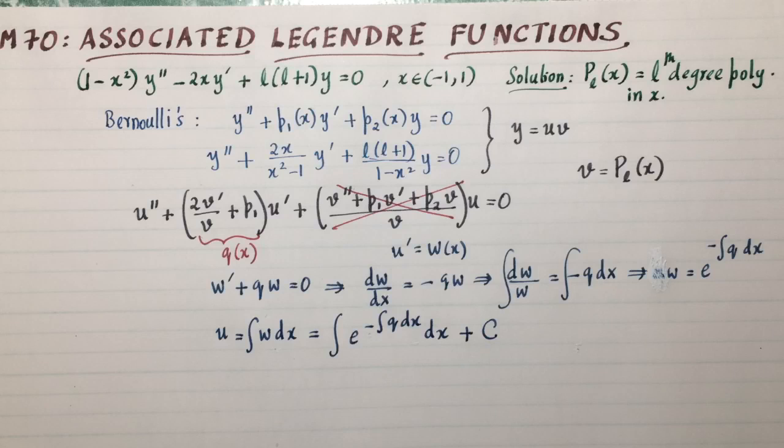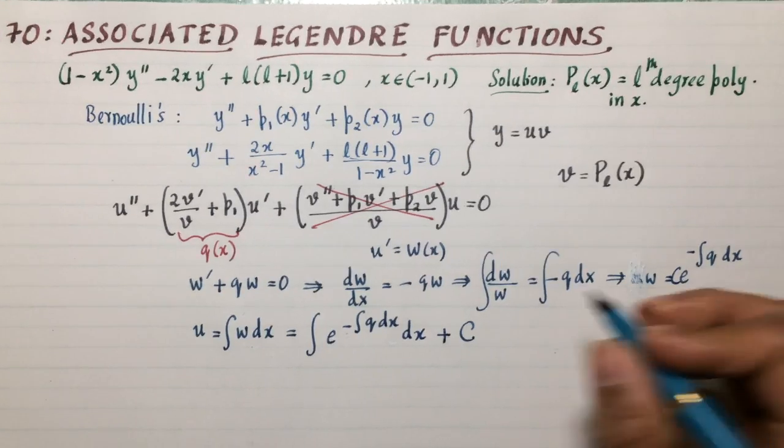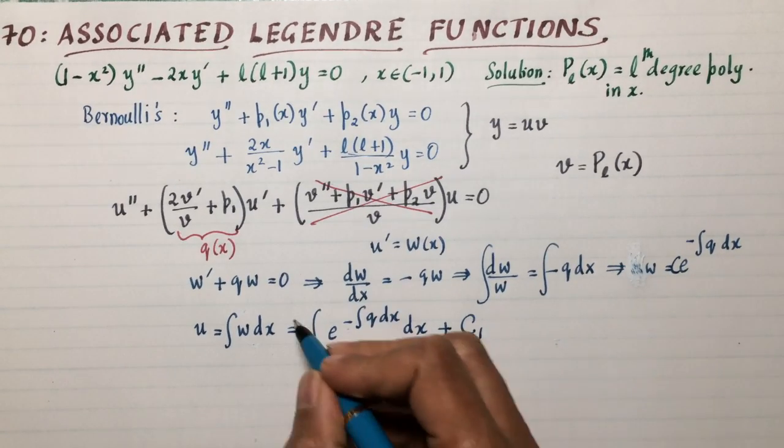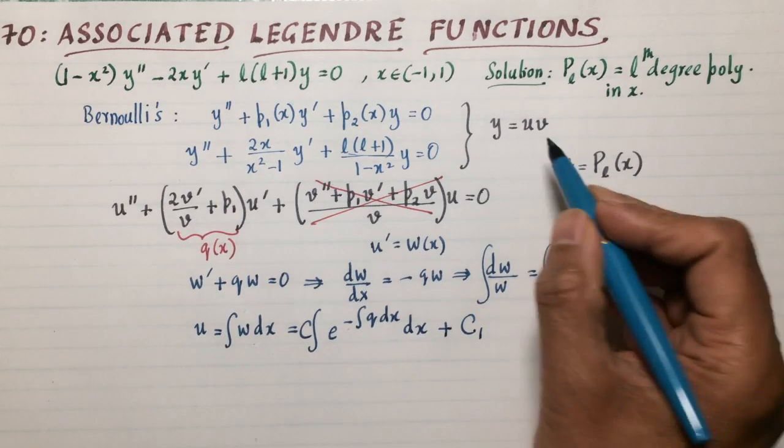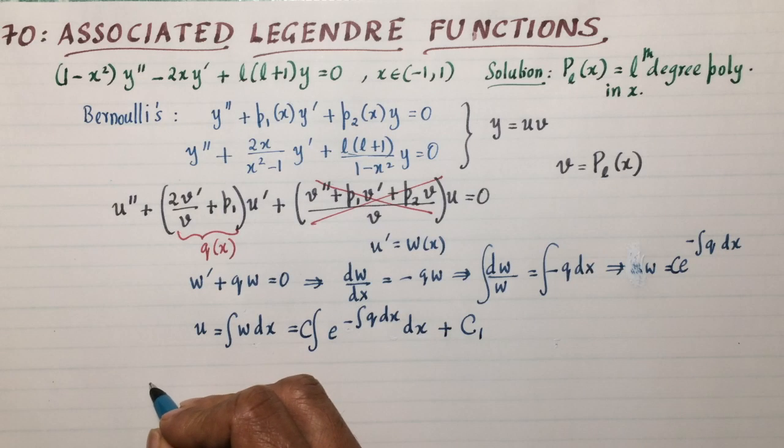All right. I should probably put a c here and a c1 here. So now I have c here and c1. Okay, that looks better. Lastly, the full solution is u times v, so I'm going to get the y of